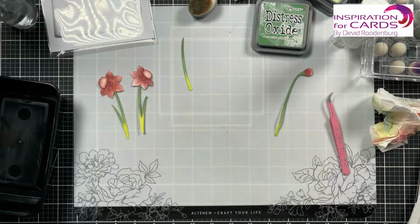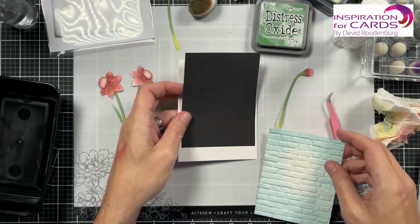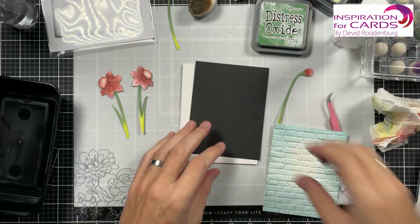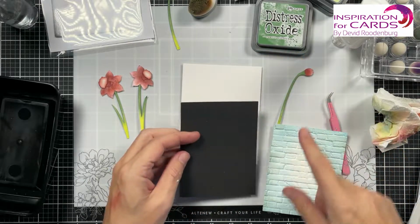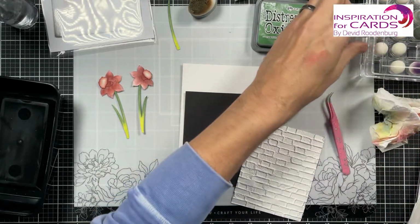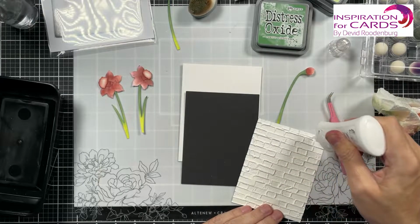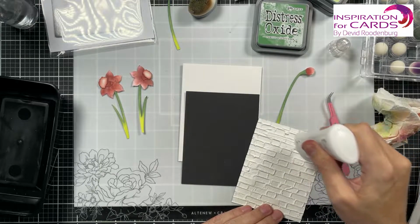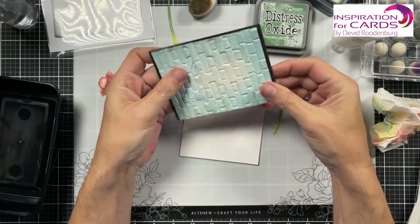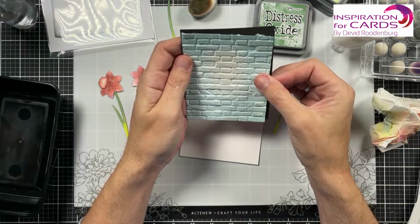So next it's time to assemble the card. So I'm going to take out my layers. I'm going to first glue this one on here using my glue. Because of the texture on the card, I like to use glue. I'm going to put this on here. And because I use glue, I can wiggle it around, making sure it's in the right...